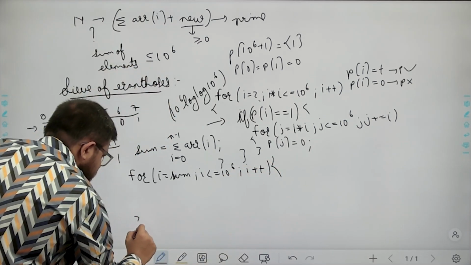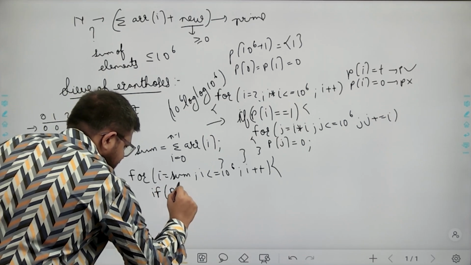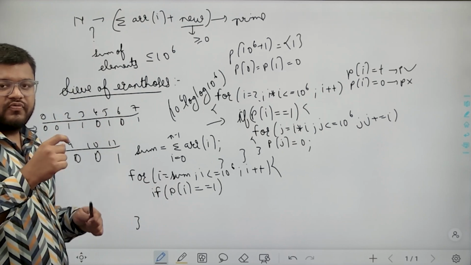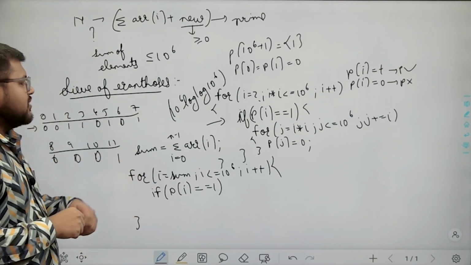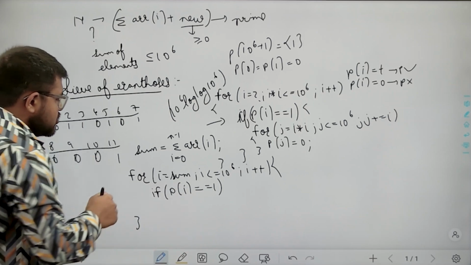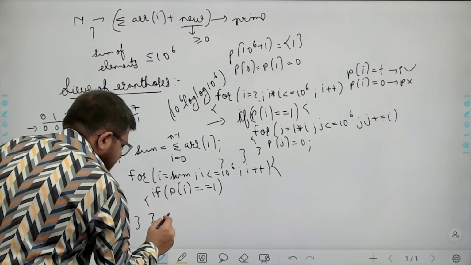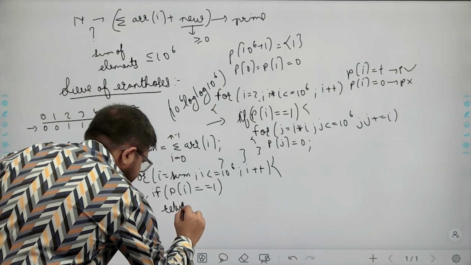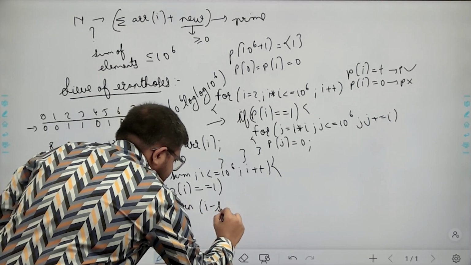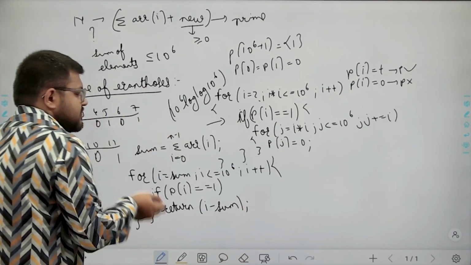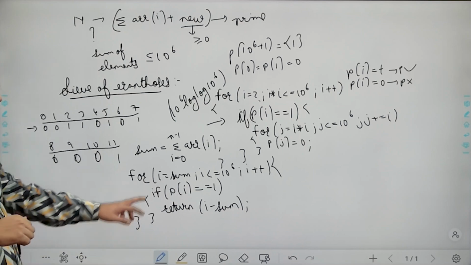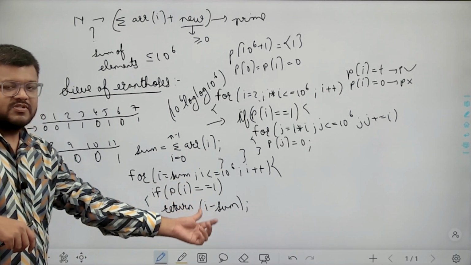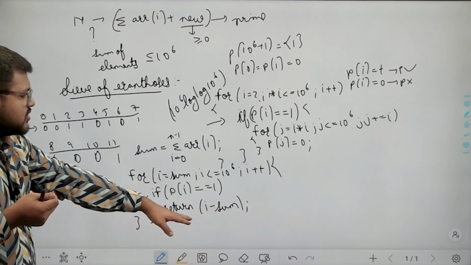Okay. So as soon as we encounter the first number which is prime, if P of I equals 1. Why the first number? Because we want to find the smallest integer which can be added to the array to make it a prime number. So if P of I equals 1, then the number which I need to add to the array is I minus sum. Okay, so this will be the smallest number which I need to return, such that if I is the smallest number greater than or equal to sum which is a prime number, then I minus sum is the new element which I need to add to the array. So I will return this.